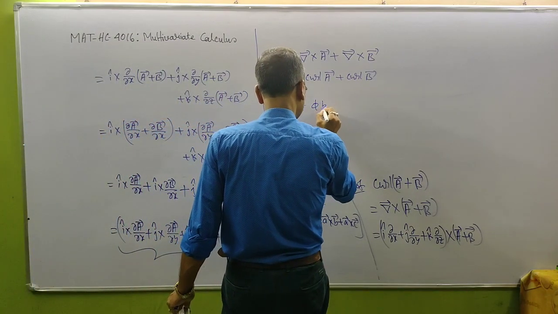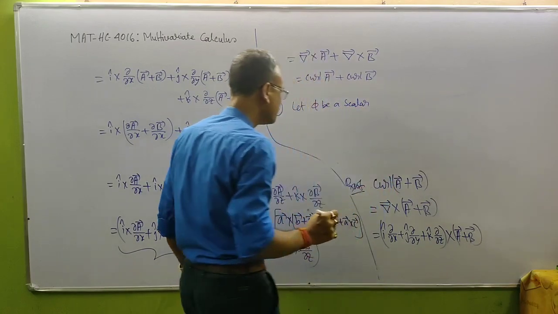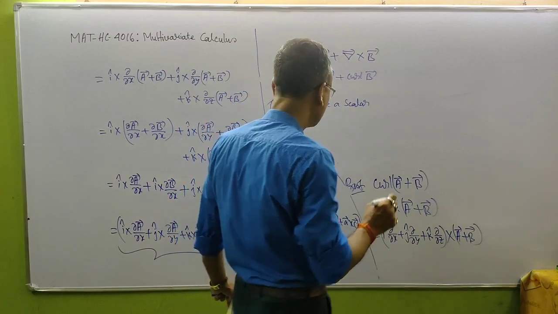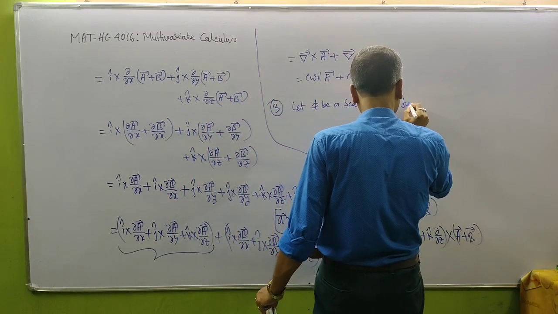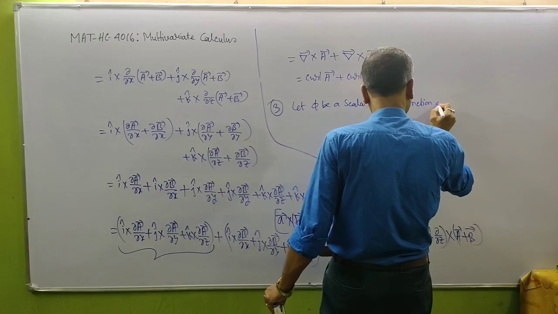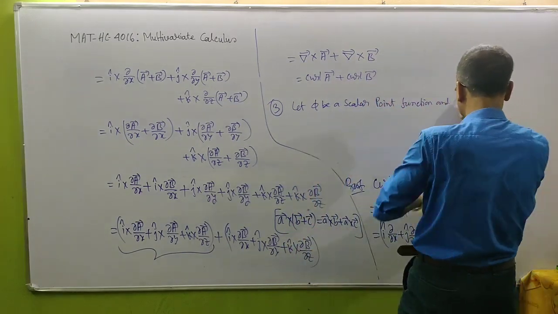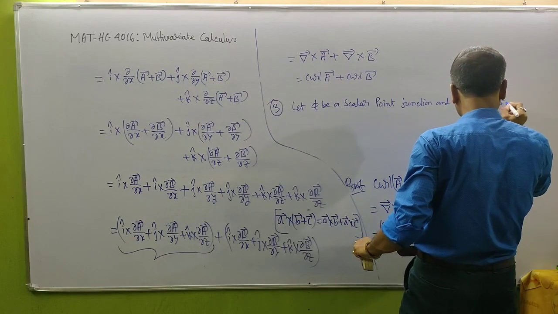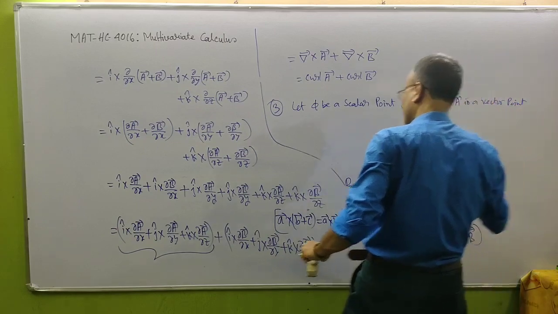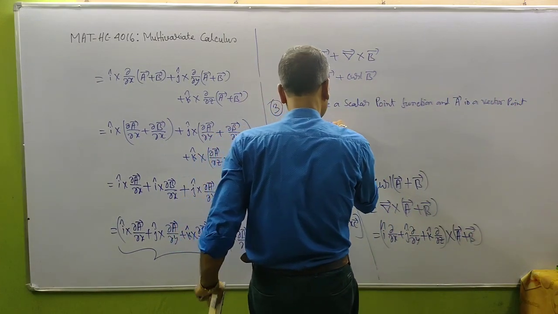Let phi be a scalar, not vector, differentiable point function, and A vector is a vector point function, also differentiable. Then